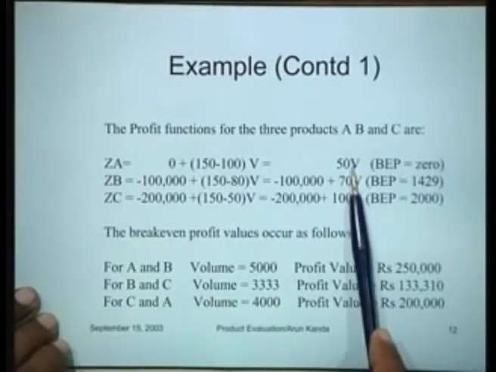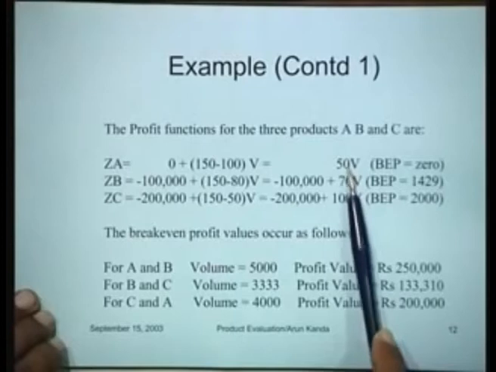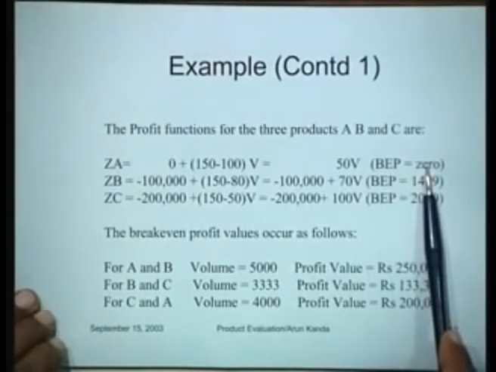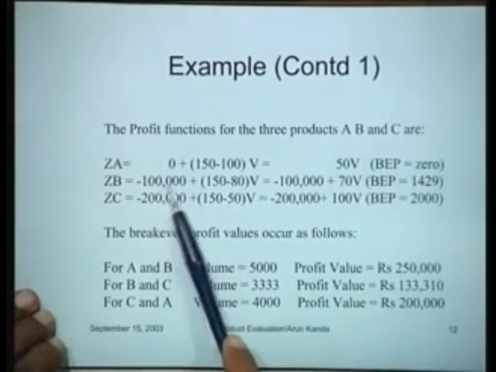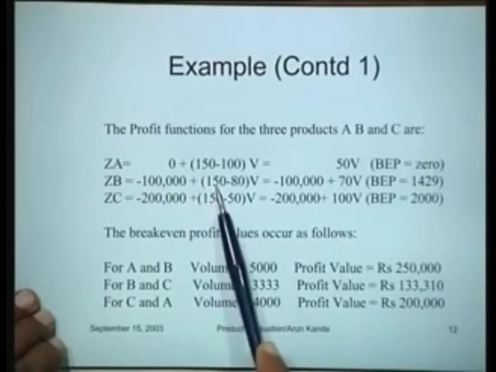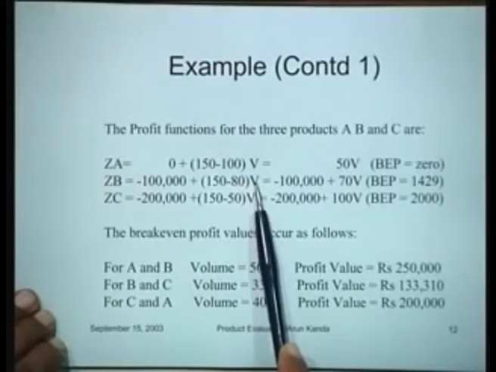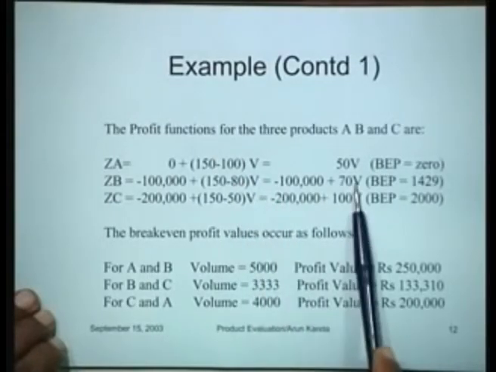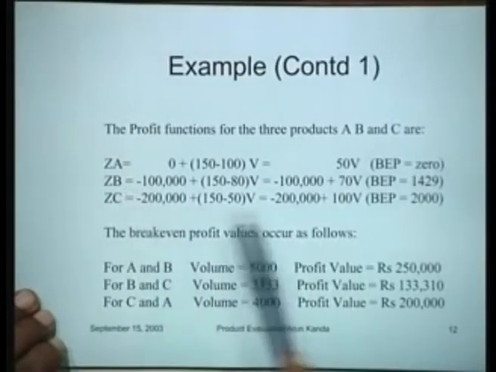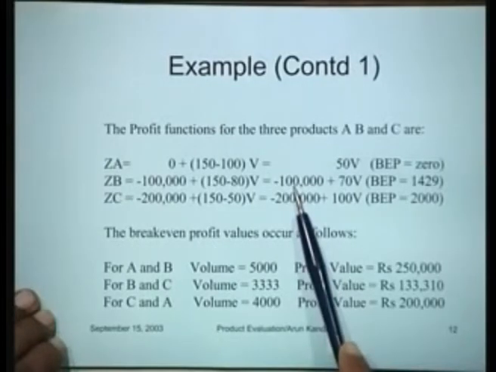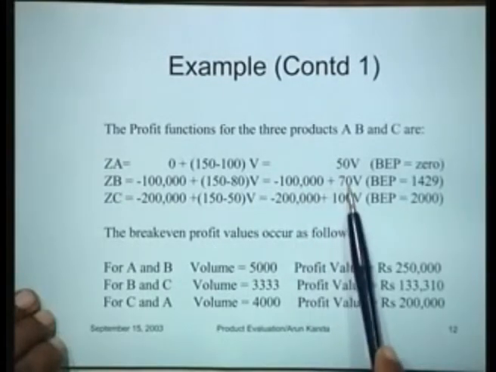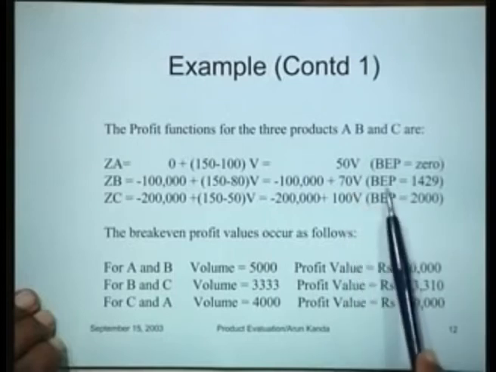That's what it is. So it's a straight line passing through the origin with a slope equal to 50. The profitability is 50 for this particular product, and obviously the break-even point for this product is 0. Similarly, for the second product, minus 100,000 plus 150 minus 80 into V. So we develop the profit function for the second product, which is minus 100,000 plus 70V, and this has a